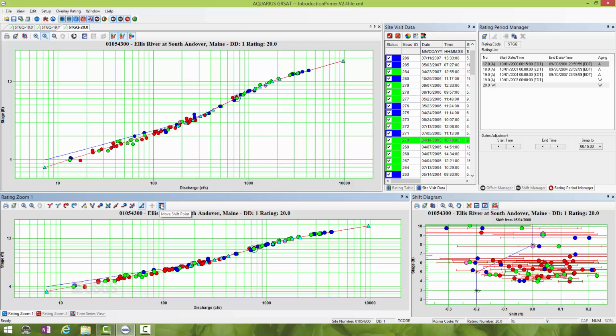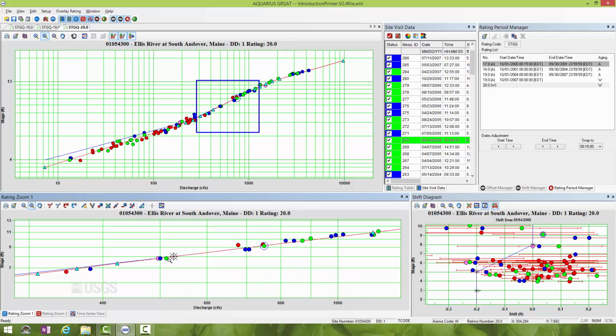And just like I was able to do in the variable shift diagram over here, I can move rating or shift points inside of the zoom window. So I can click on that tool and the points show up. Let me zoom into a point just to show you how it's done. And so there is an inputted rating point here. It's where it merges into the rating. And I can select this move